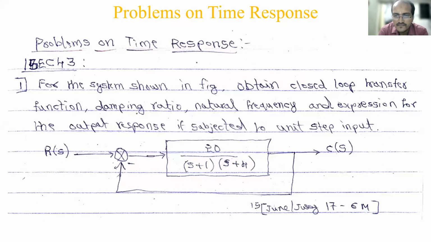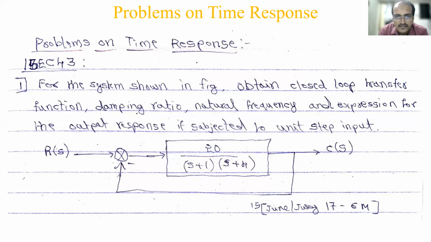Good morning, all. In the previous session, we discussed the unit step response of a second order system. We did the derivation for zeta greater than 0 and less than 1, right? Based on that case only, we'll have the problems. So, you have to remember the standard transfer function here. What is that? Omega n square divided by s square plus 2 zeta omega n s plus omega n square. That is the standard transfer function of a second order system.